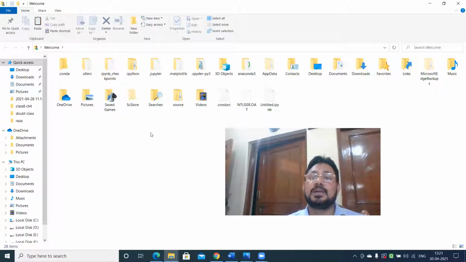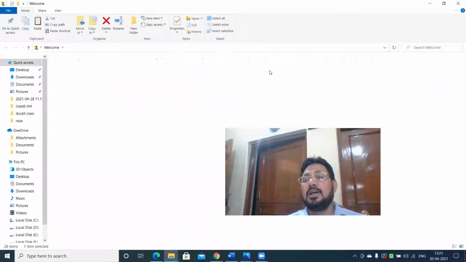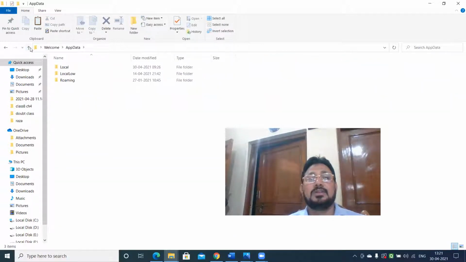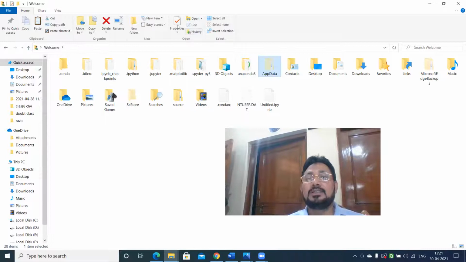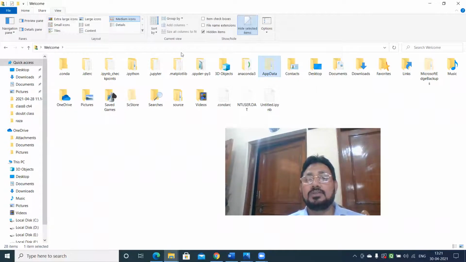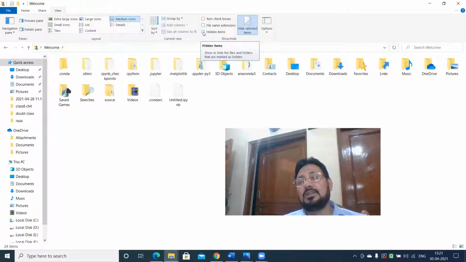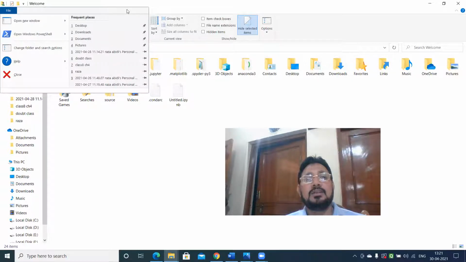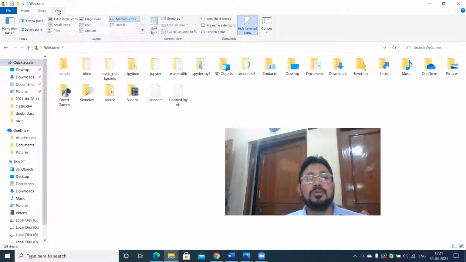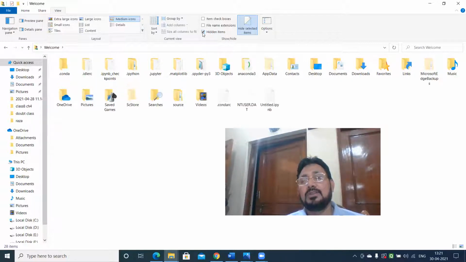So here I started with app data. Click it, you get. Now in case this is not visible, that means hidden data is not selected. App data will not come here. So what you have to do, by default you are in file, you simply go to the view, and in view you click on hidden items. As you click on hidden items, you get app data.